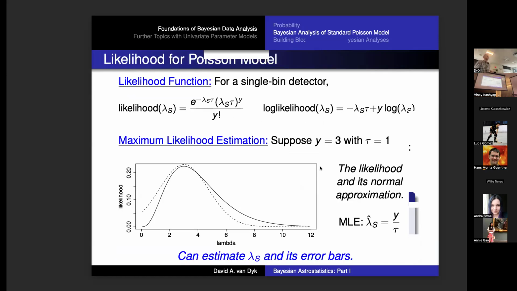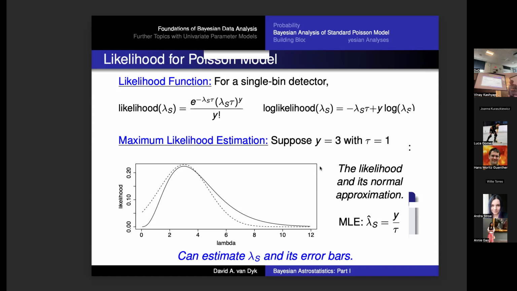So let's look at that. I wrote it all down here. So the likelihood function, exactly the same function I had on the previous slide. And now it turns out often we take logarithms just because logarithms make things easier. If you want to optimize this thing, it's going to be better behaved. So I've taken the logarithm, I've gotten rid of the y factorial because it's just a constant, because eventually I want to maximize this thing as a function of lambda.